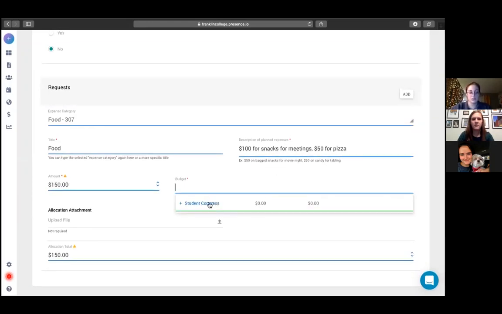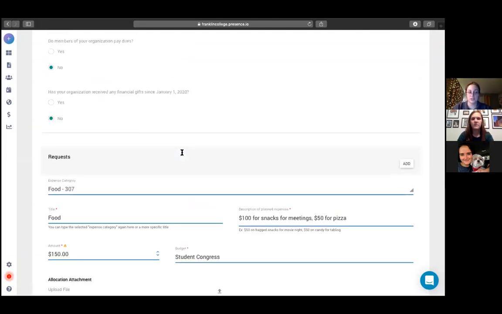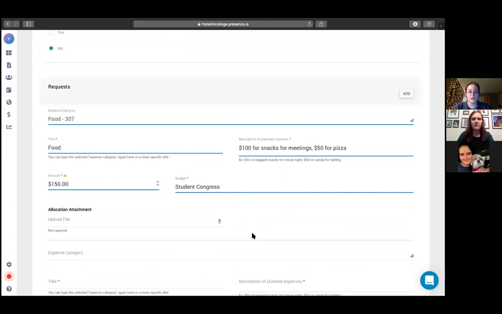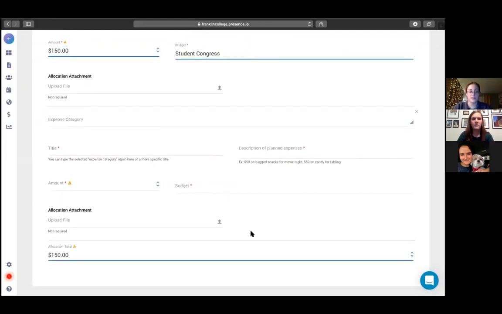And then Congress. And then if you have any attachments to add, there is a section right down here to do that. And then your total allocation will pop up here. And it will increase as you add. So once you do one of these, you're gonna scroll back up. Sorry, this keeps getting in the way. You're gonna scroll back up to this little area here and you'll click add, and then it'll add another form exactly like that one down at the bottom,